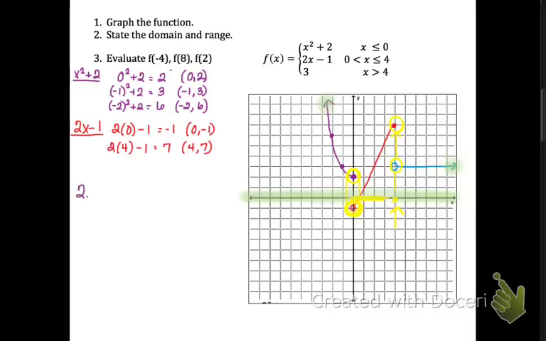So for number 2, the domain would be negative infinity to positive infinity. My infinity signs look like glasses. They're kind of weird. And then the range